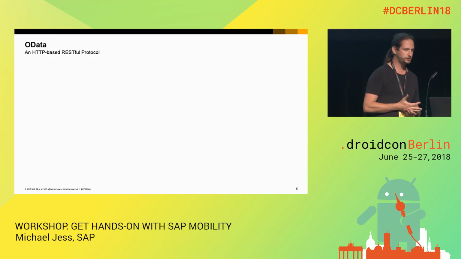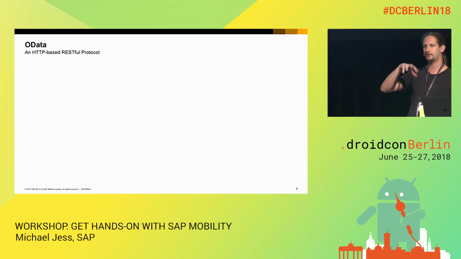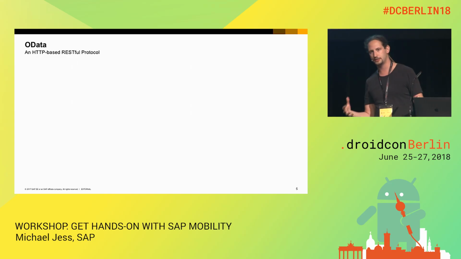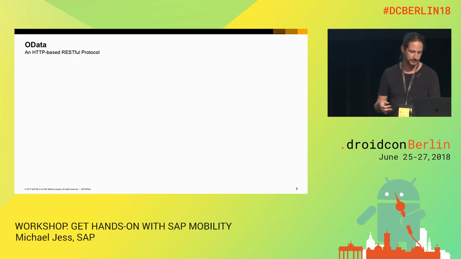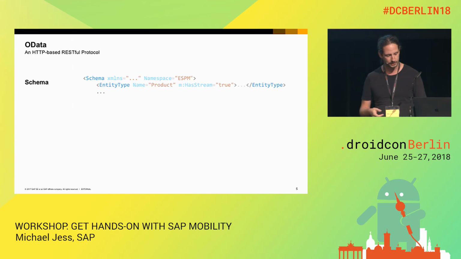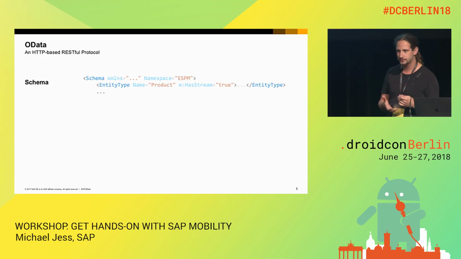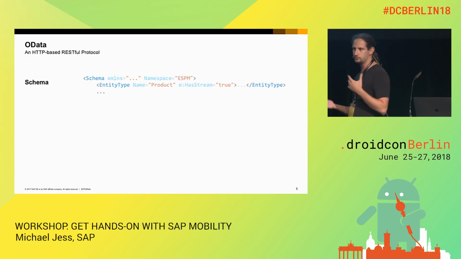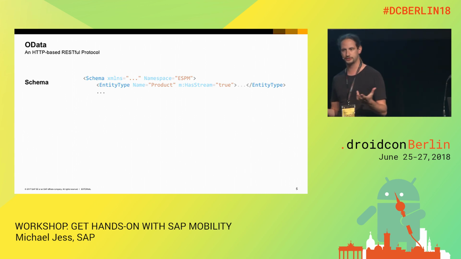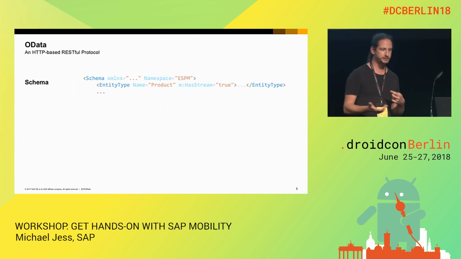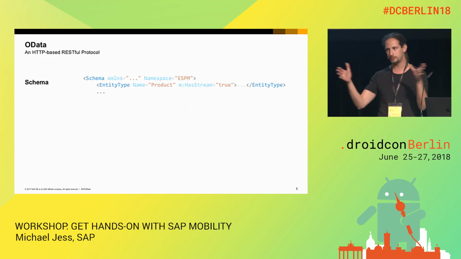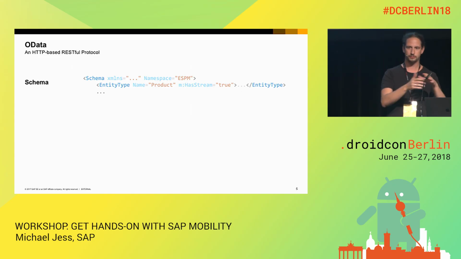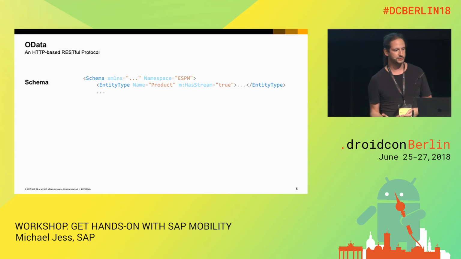I don't want to go too deep into details of all the features it has, just highlight some things and then describe how we use it and why in SAP Mobility we like it that much and why SAP is generally adopting this whole standard. So number one is it has a schema. A schema is very useful for automated processing of data services, and it's also one RESTful quality. I mean, restfulness is always a matter of degrees, right? There is no binary REST yes or no, but services that are having a schema are generally better to consume